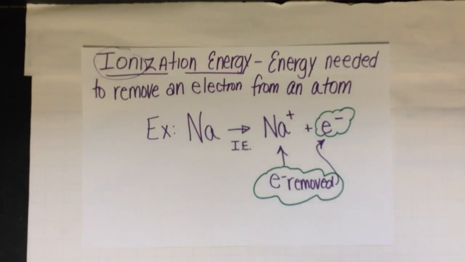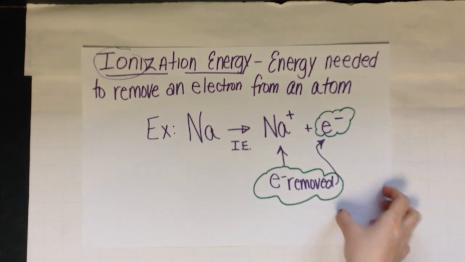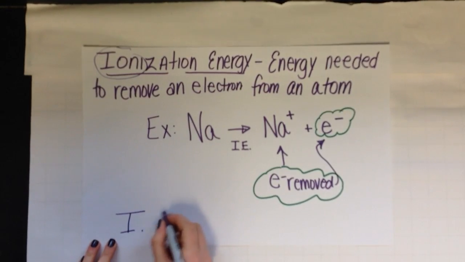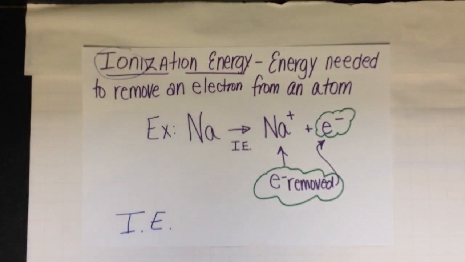This energy has a name. It's called ionization energy. I like to abbreviate ionization energy as IE, so you'll see that later on in the video. Okay, so before we talk about the patterns of ionization energy down a group and across a row, I'd like to introduce this topic that is going to be used for ionization energy,